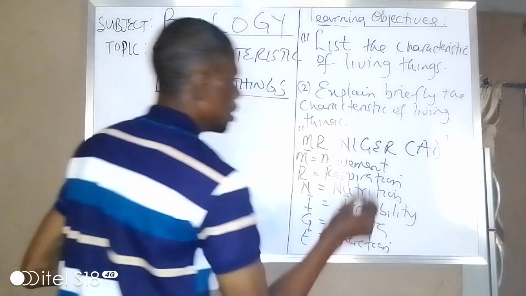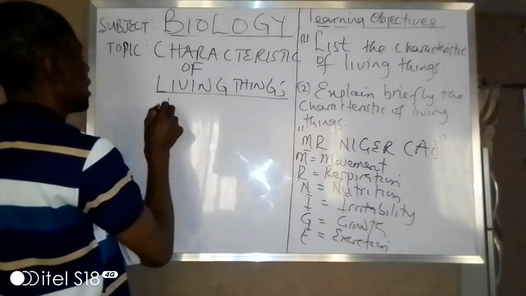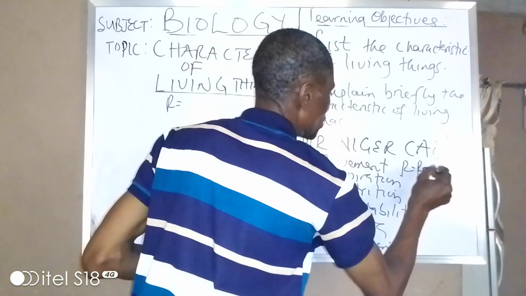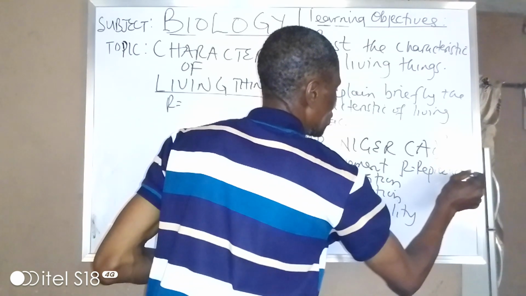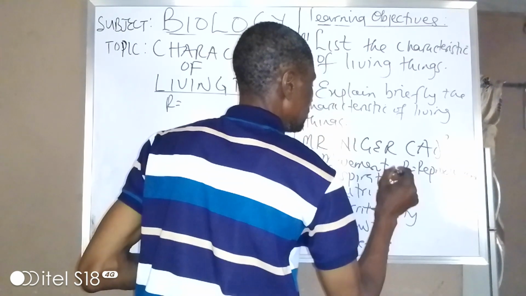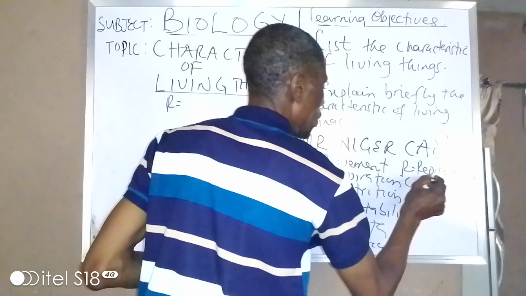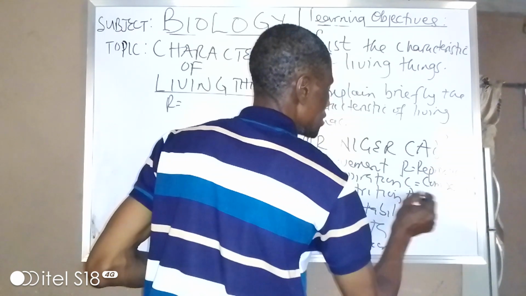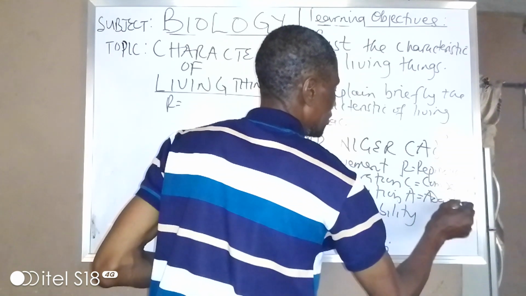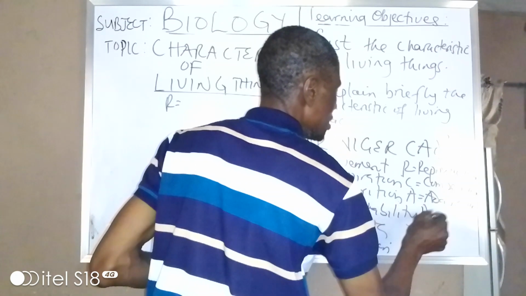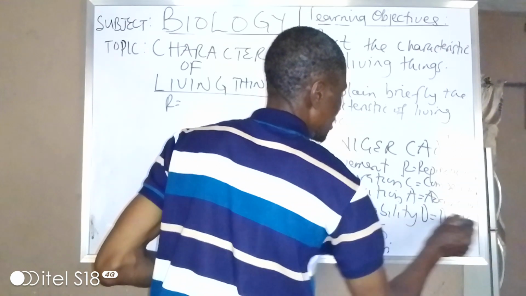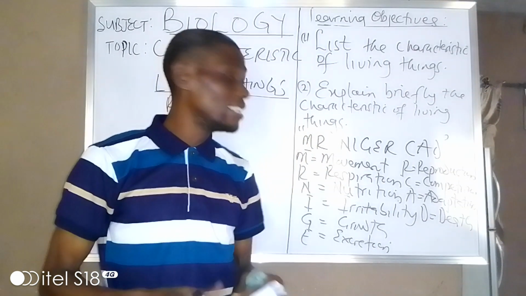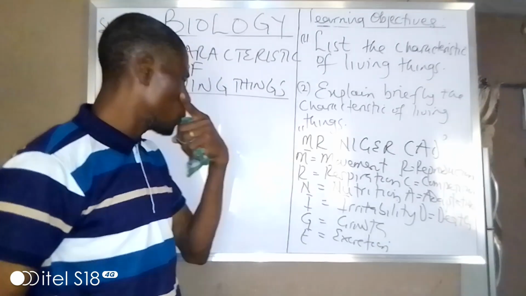What about the second R? Our second R stands for what? Reproduction. Reproduction, giving birth to young ones alive. And then what? C stands for competition. Competition, struggling for survival. A stands for adaptation. And our D, the last one, stands for death. That's the last thing that will end either plant or animal. Later on, death will come in. So before we go to that, let us now take each